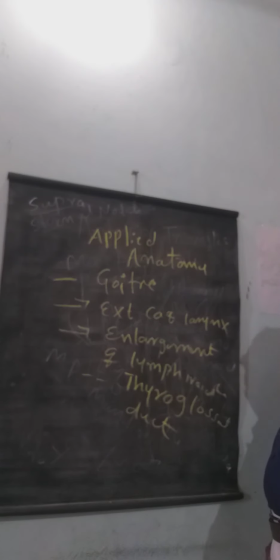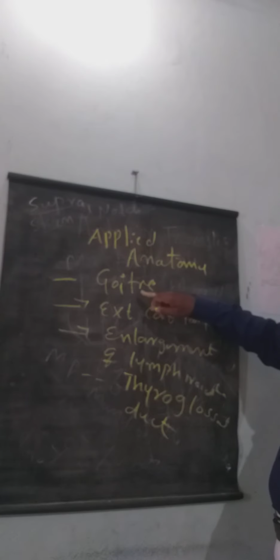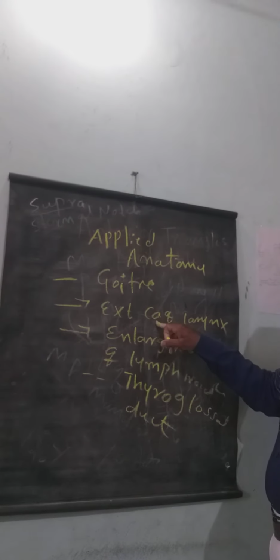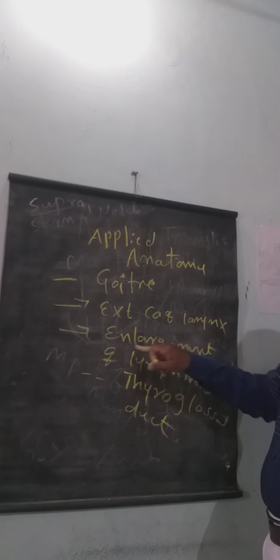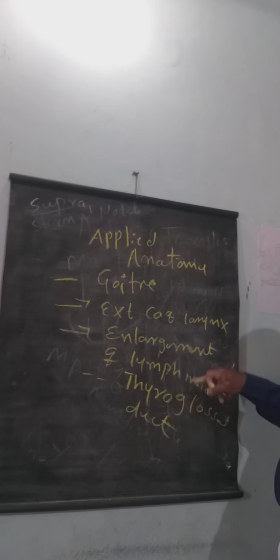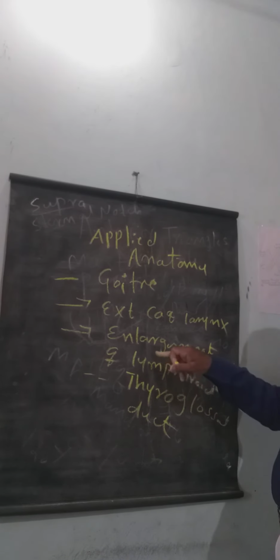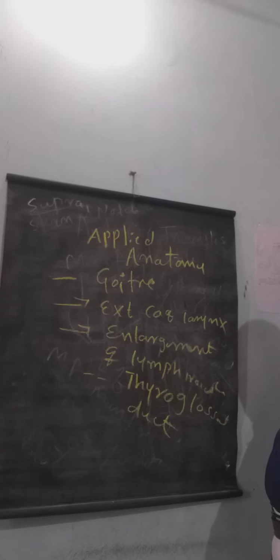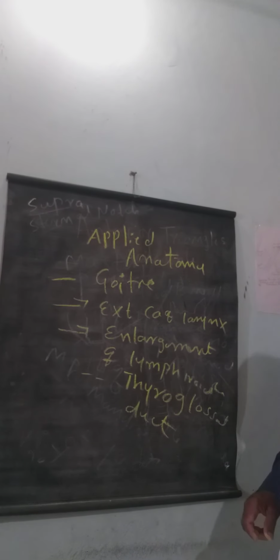Goiter is due to iodine deficiency, a thyroid problem. External carcinoma: carcinoma means malignancy, cancer of the larynx. Enlargement of lymph nodes may be due to the thyroid, or there may be some infections which may cause enlargement of the lymph nodes. Even in the suprasternal notch there is a space of Burns, and there is enlargement in a cold abscess. Thyroglossal duct. Then there is